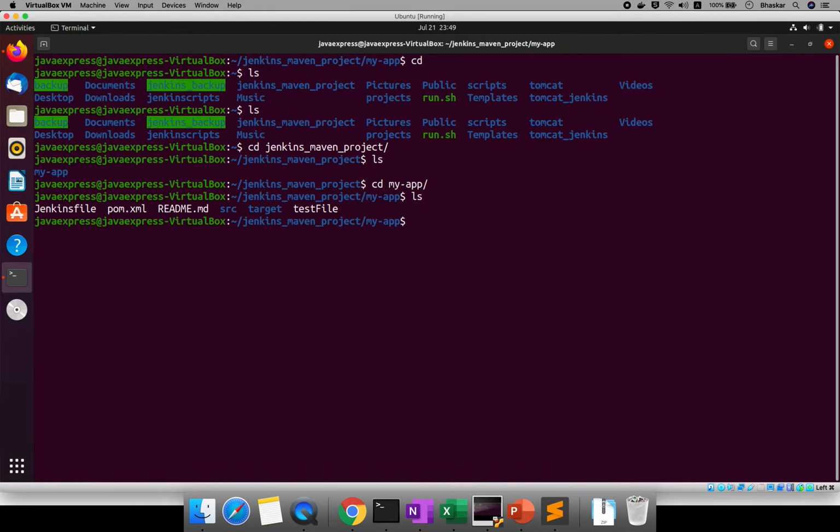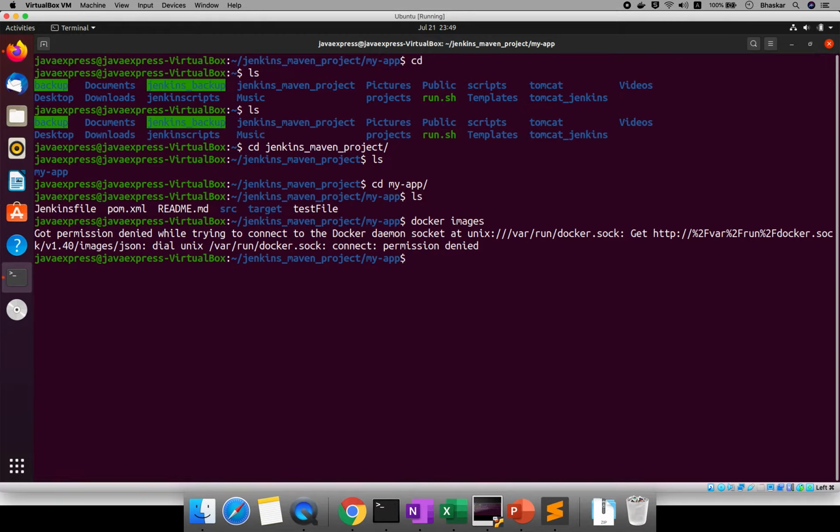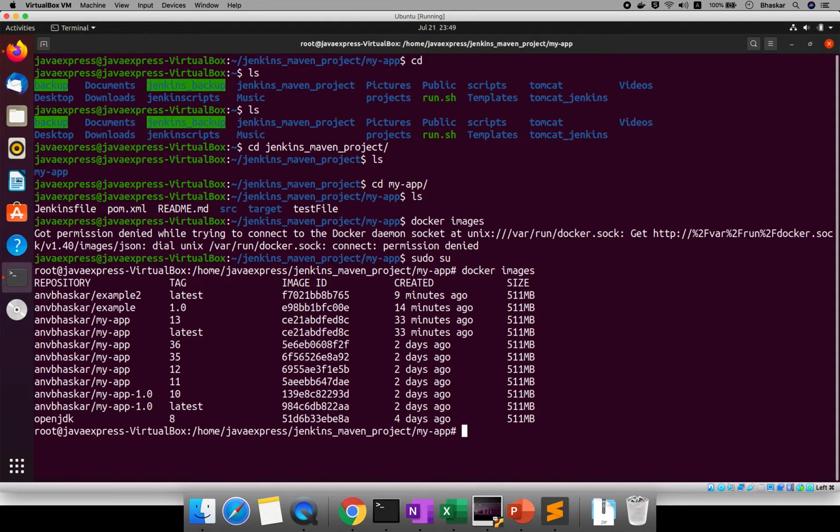If you want to pull from the repository, just pull, if you have any changes. Here, the first step, once your Docker is installed, if you want to see existing Docker images, you need to use docker images. Sudo permission is required, so sudo su, then docker images. I have a list of images. Let it be. If you don't know, no problem, just go and watch and then you will understand Docker images. Just clearing my screen.